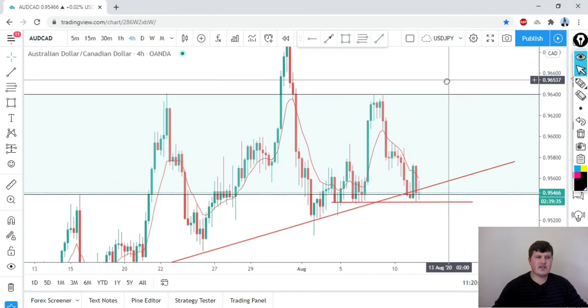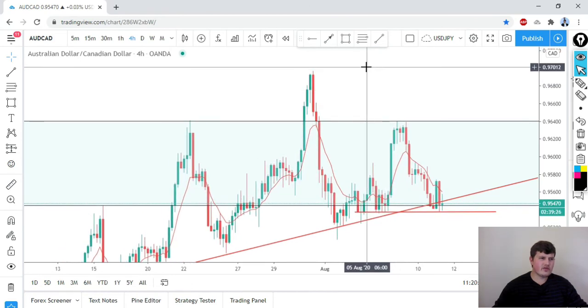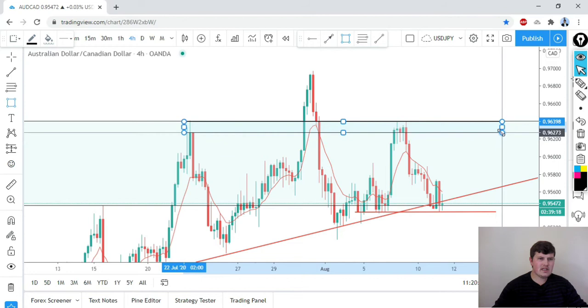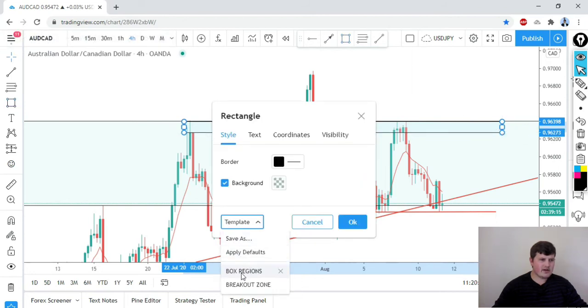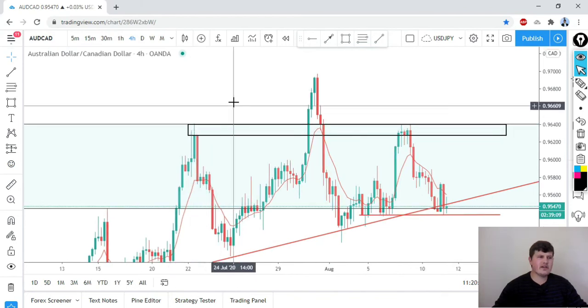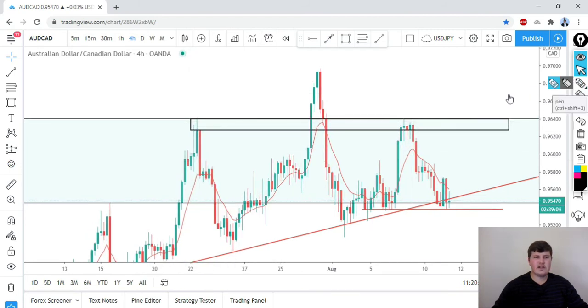Just another indication that I can see that we are going to expect a move lower most likely is if I draw this intraday support area. I'm just going to draw another rectangle at this left shoulder. Let me just make this a bit clearer. As you can see, this is an intraday resistance area that is drawn from the left shoulder over here, and as you can see, price came into this resistance area and reacted at this resistance area similarly to the left